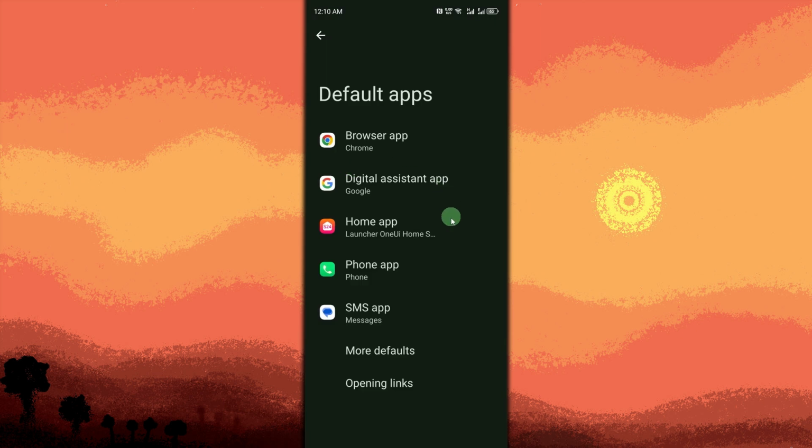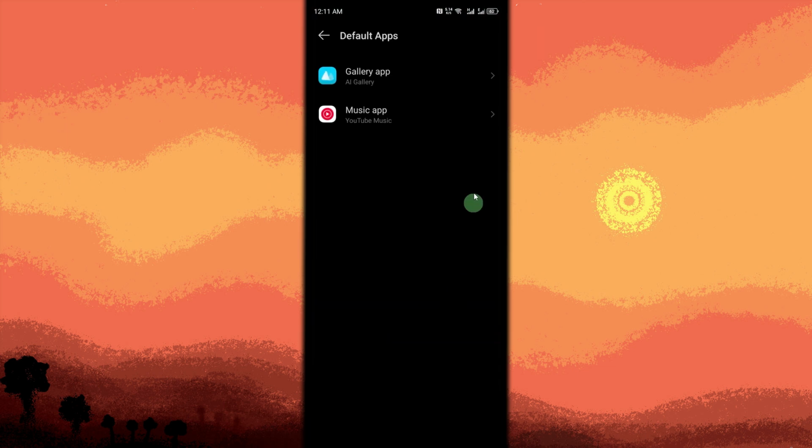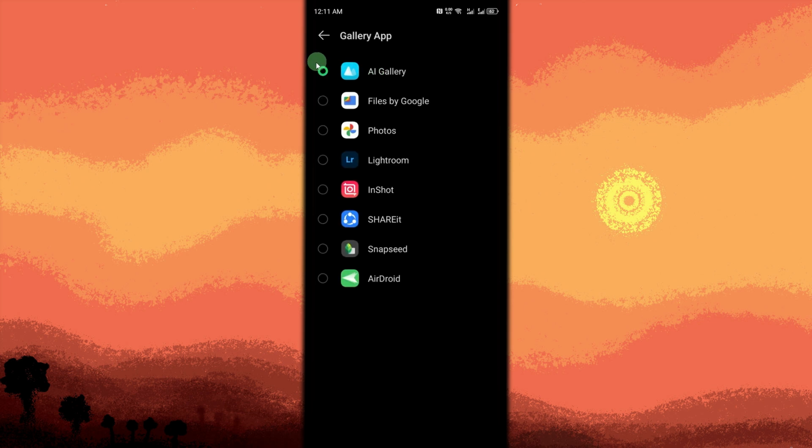Set Default Gallery App. Then tap on More Defaults. Then Gallery App. Look for the option to set a default photo viewer or gallery app by toggling it on or tapping on it. These steps will help you set and change the default gallery app on your